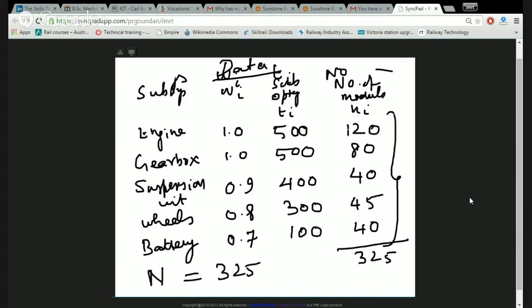So I've got the capital N, I've got the NI, I've got the TI, I've got the WI. So I can work out the MTTFI from the above equation for each one of the things. So you can do this, check it up later. So you should get an answer of